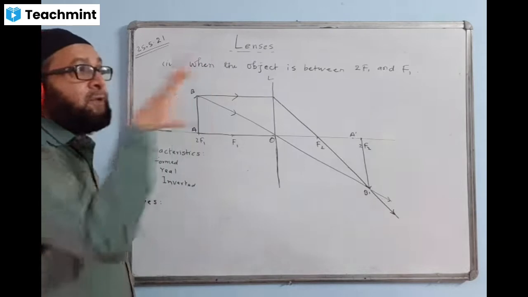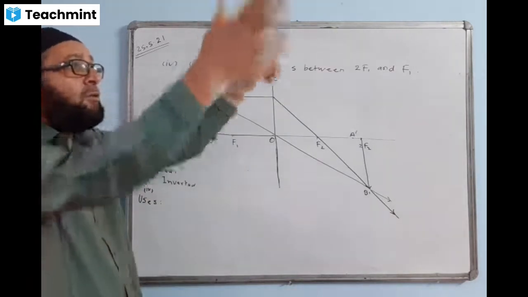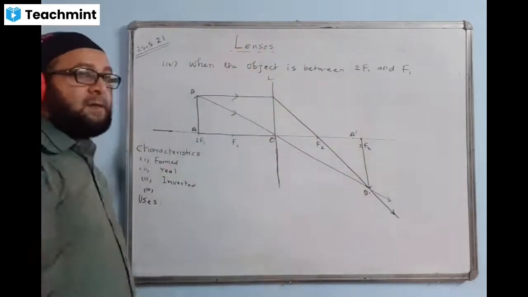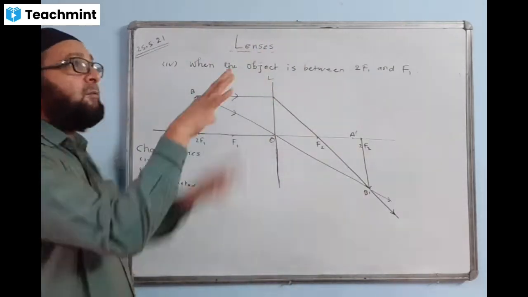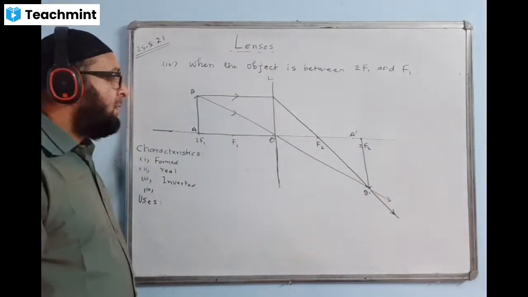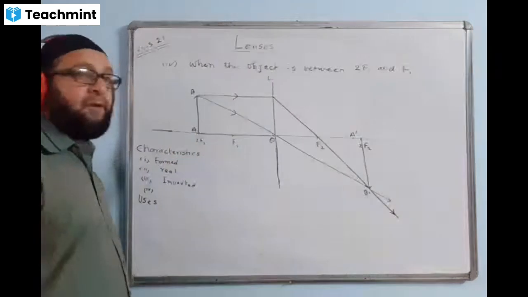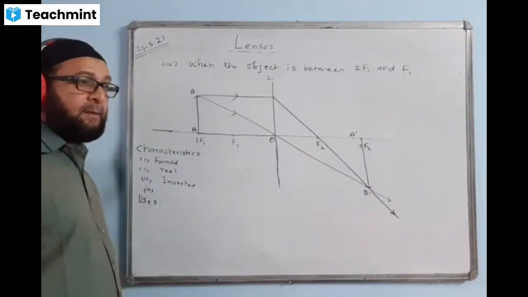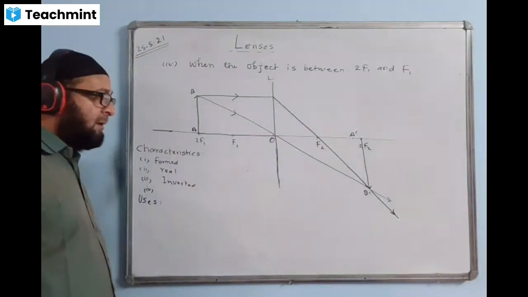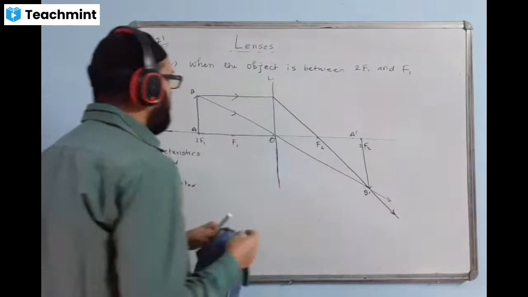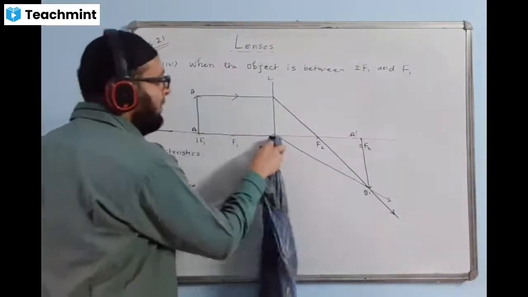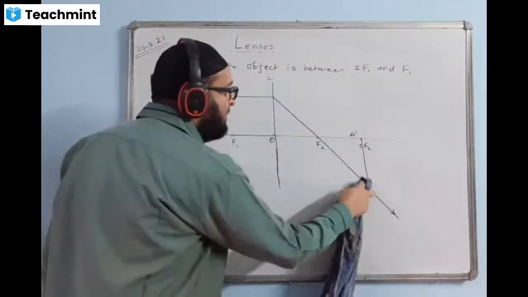This will happen in a film projector. On the screen you see the small film roll is there, but on the screen you see it big. We are magnifying it on the screen. Beyond 2F2, very good. Bigger and bigger, that is magnified. We use the word magnified. Yes, you are right. The image will be formed beyond 2F2. Your answer is right.